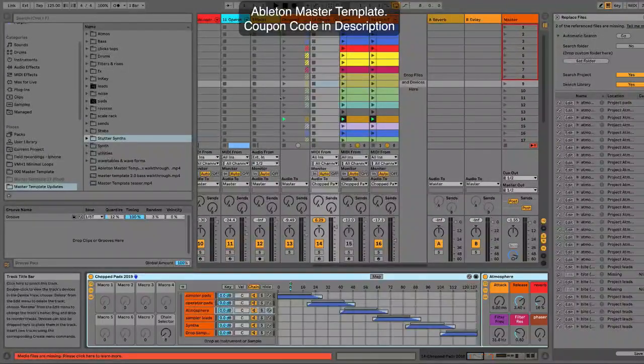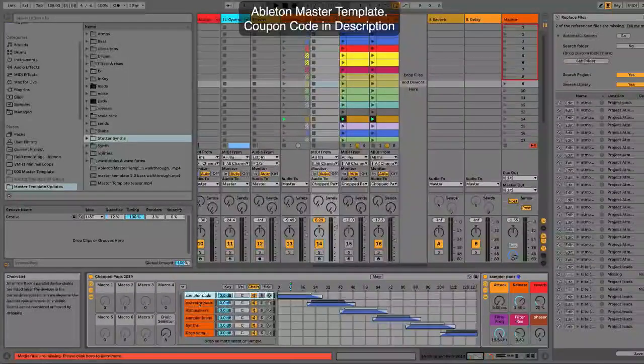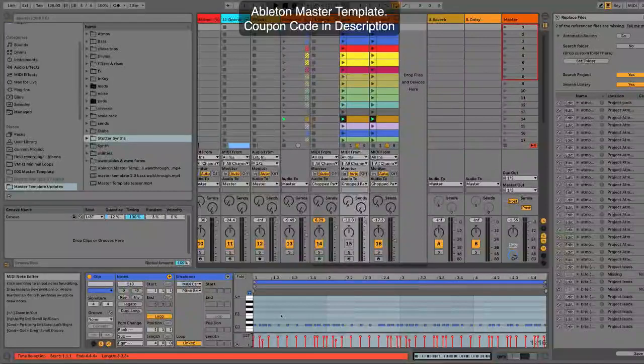And right here, this is where we have our different categories. So we've got sampler pads, operator pads, atmospheres, sampler leads, and synths. All right. So with all of this, what I'm capable of doing is I've created a stutter event that happens. So this tool will allow you to create stutters any way that you would like. So for example, if I just